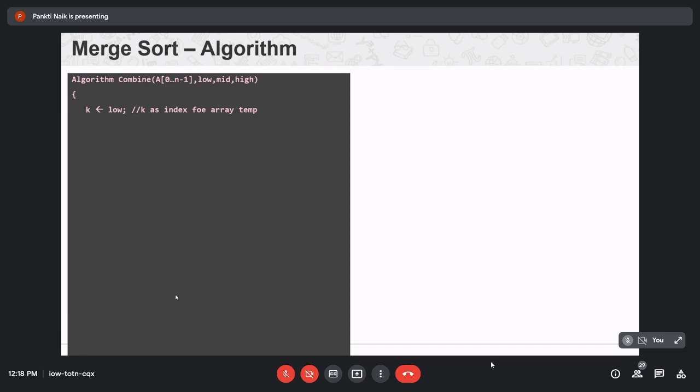Store the value of low, that is the beginning index of your array A, into K. The next step is to store the value of low into I, where I is the index for the left sublist of array A. And J is equal to mid plus 1, so J will be the index for the right sublist of array A. Now, while I is less than or equal to mid, it means when your left sublist index is less than or equal to the mid value and your right sublist index, that is J, is less than or equal to the high value, then